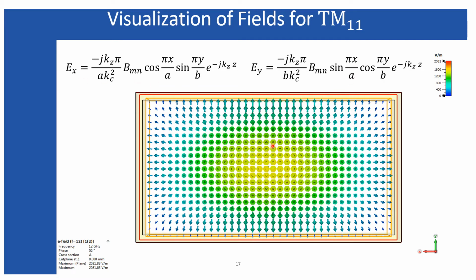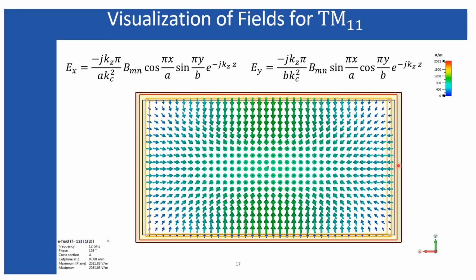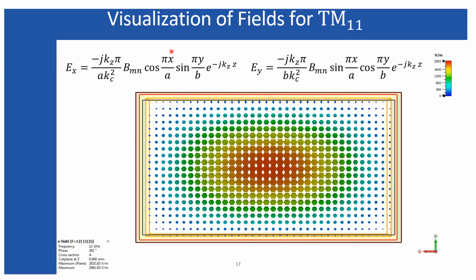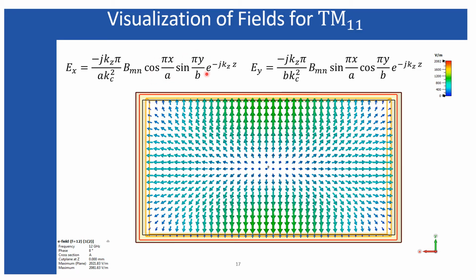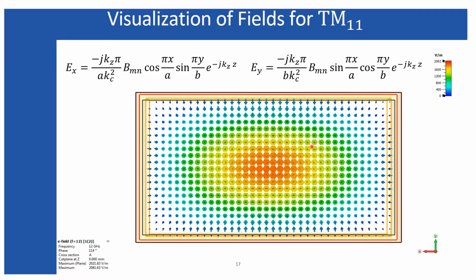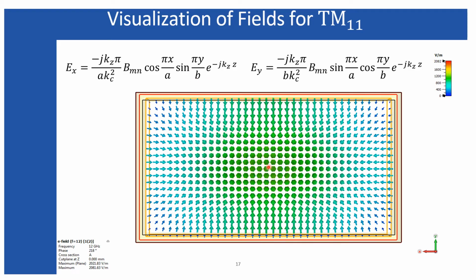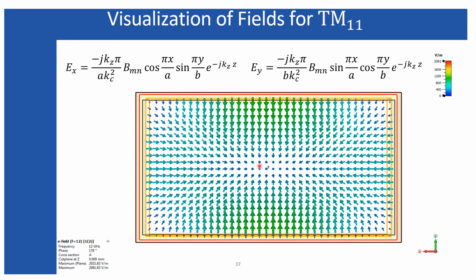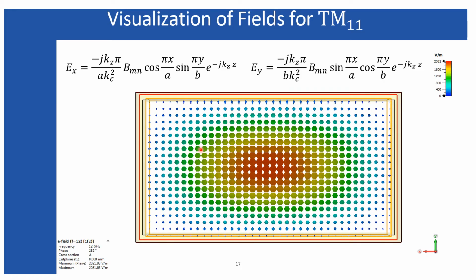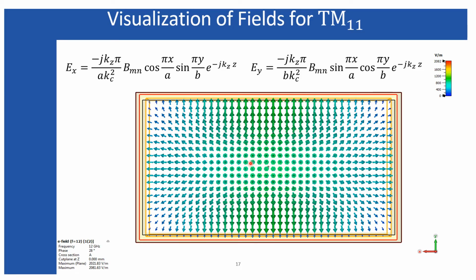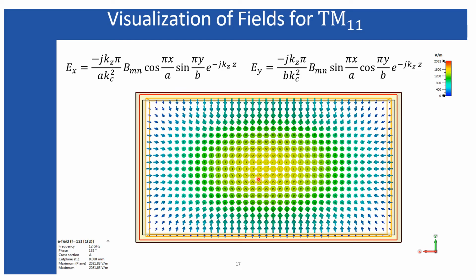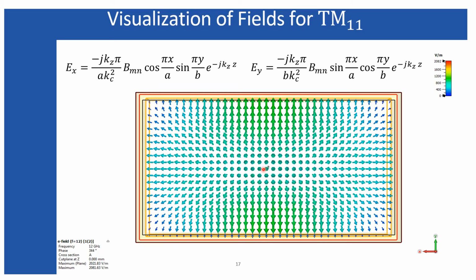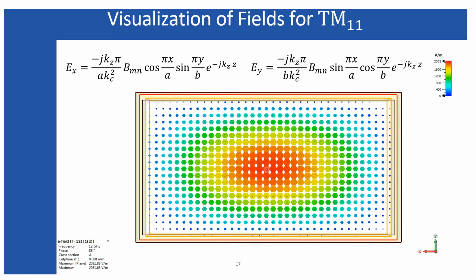And similarly, when you are approaching the middle starting from x equals 0, this cos factor goes to 0 and this factor, sin(πy/b), becomes the dominant one. And therefore these arrows are directing as shown over here. And the direction of the arrow, you can see these arrows are directing either towards you or from you, that is either towards you or into the screen.